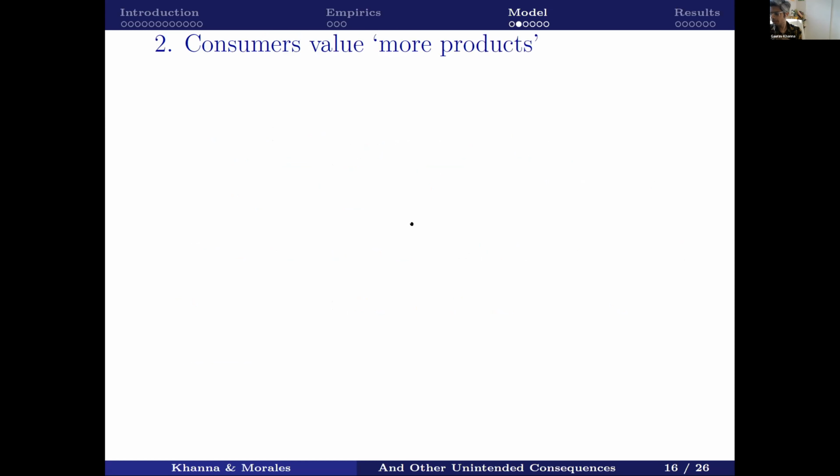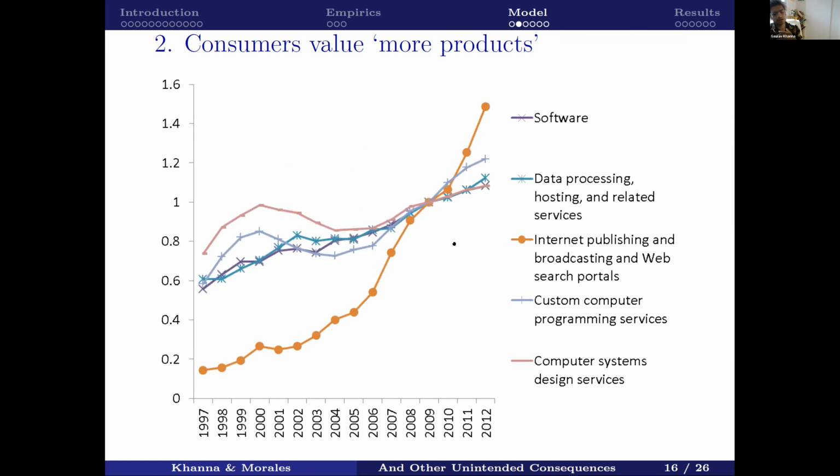The other thing that's important in the model is you want to model consumption as well, because what's going to happen with the IT sector is that there's going to be a lot more production in the tech sector, right? And we may not have realized this, but actually consumption in information technology has been one of the fastest growing parts of our national income accounts in the US. For instance, if you look at different types of products, there's been a huge growth in the fact that we are consuming more software and information technology in broader ways. And that really benefits us as consumers.